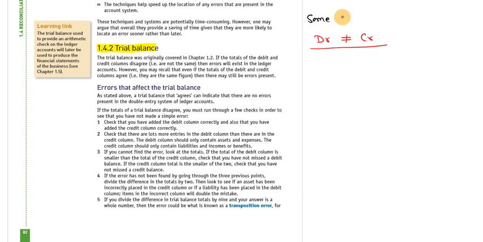Some errors exist in the trial balance. The trial balance is not balanced if the debit side total is not equal to the credit side total, and that error may be due to the